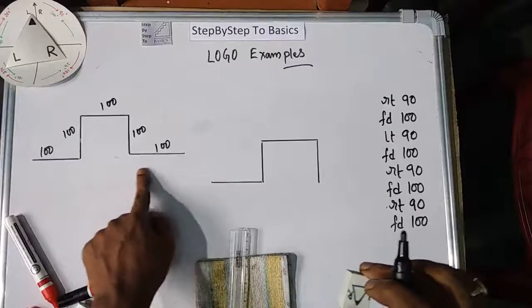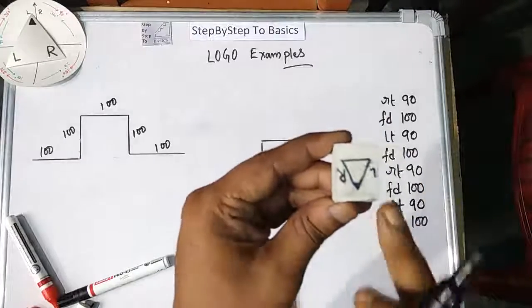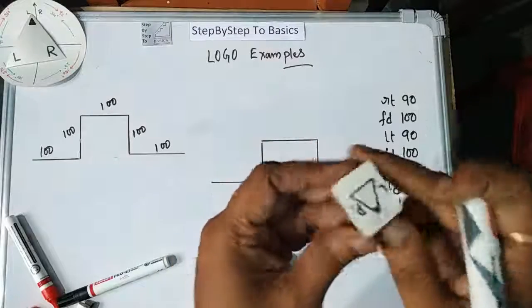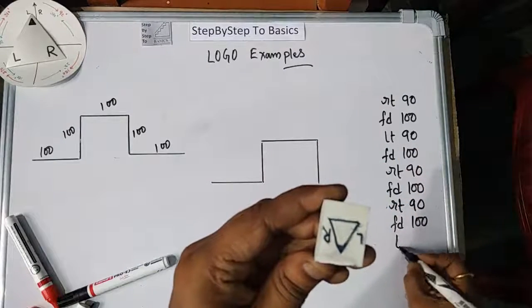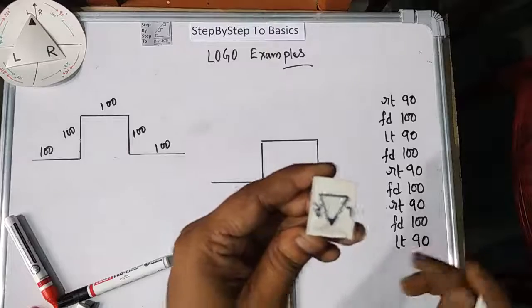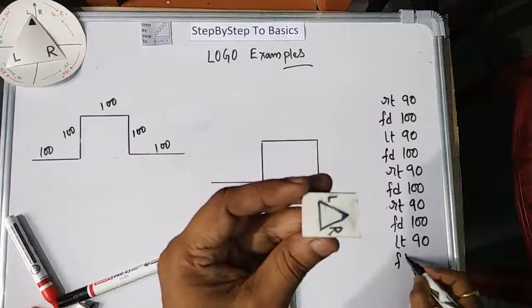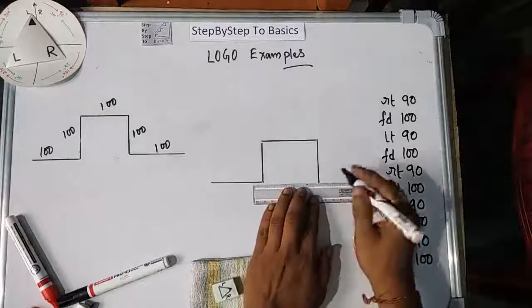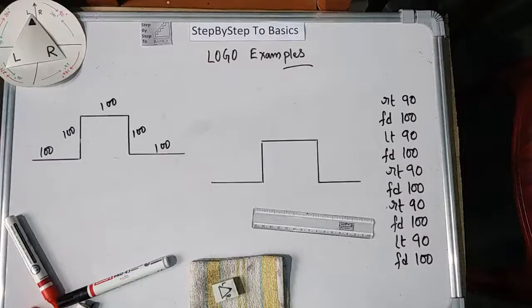Now this line needs to be drawn. So you can see if I turn right, it will be in that direction. If I turn left, it will be in that direction. So I need to turn this way. So it is L. Left side I need to turn. So I will write LT 90. So it will turn this way, but not move. Then FD 100. So now you will get this diagram. As you can see, we achieved this one. So this is the, I just try to show with few examples.